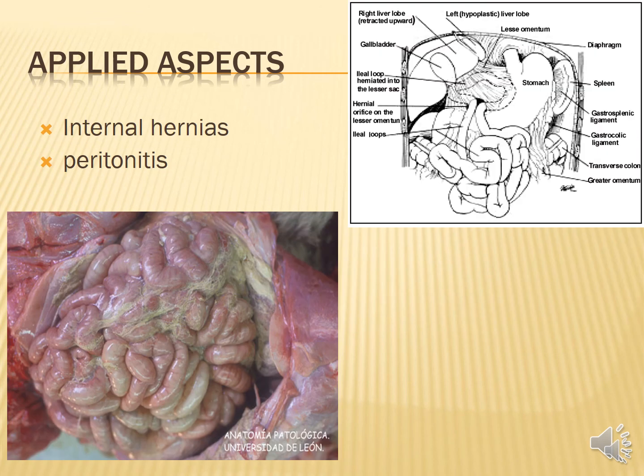Then internal hernias, we have already seen how these internal hernias occur in the peritoneal recesses. Diagram of lesser sac is shown over here, showing how ileal loop has herniated into the lesser sac. Now whenever we have to reduce such type of hernia, we do not approach the lesser sac through epiploic foramen, because of so many important structures present in the vicinity of the epiploic foramen, and it has to be approached through the greater omentum. Then in the next picture we can see peritonitis, which is the inflammation of peritoneal cavity.